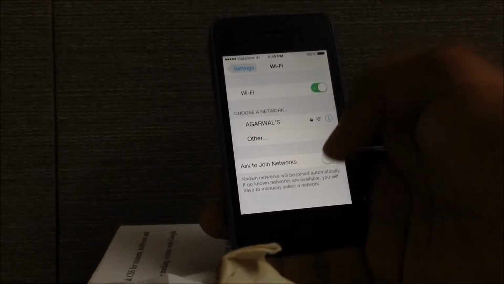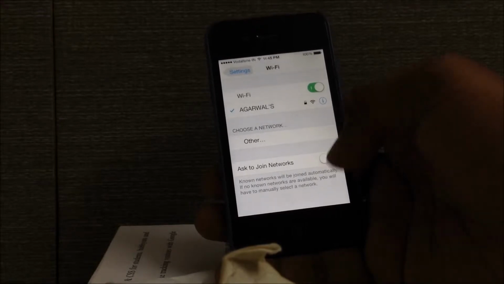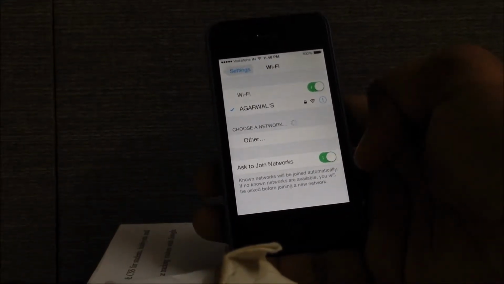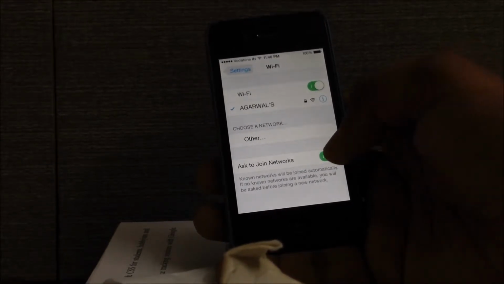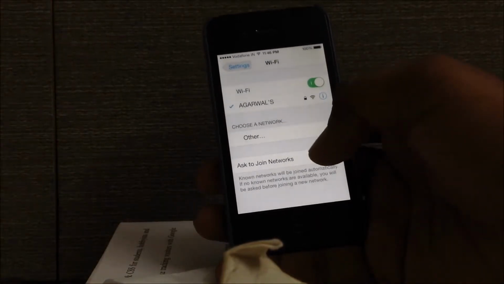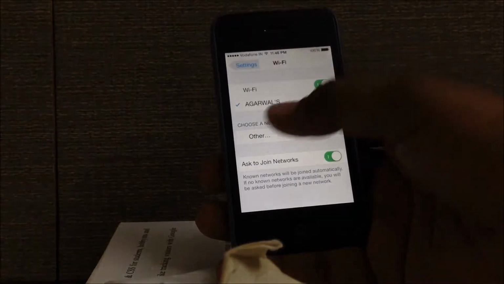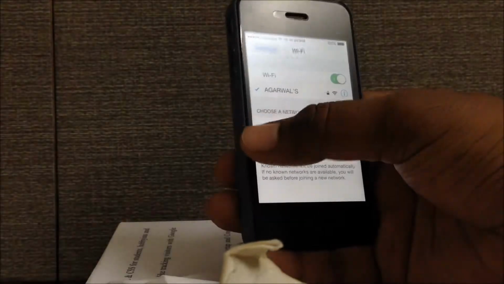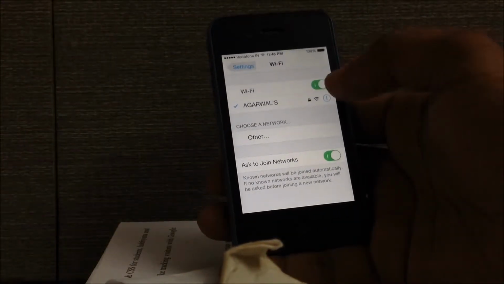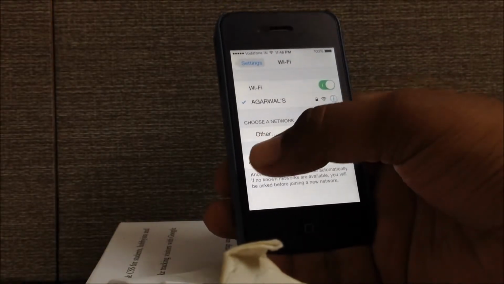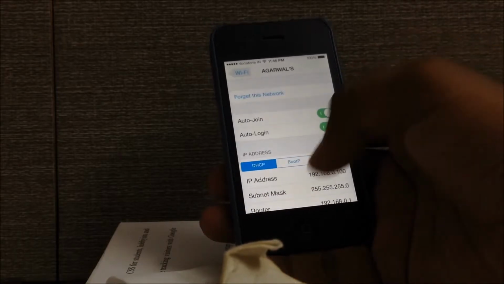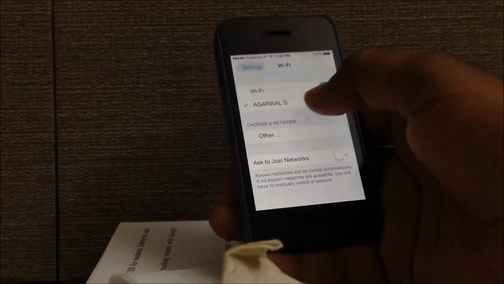The next thing is to go to the Wi-Fi option. Let me turn it on. There is an option at the bottom which says Ask to Join Networks. If you have turned it on, then whenever you go anywhere and it searches for Wi-Fi, it will ask you to join that network, enter the password and access that Wi-Fi. That means you are regularly scanning for Wi-Fi wherever you are going, and there is a regular interval for refreshing the Wi-Fi network. So you can simply turn it off, and yeah, that is the setting.